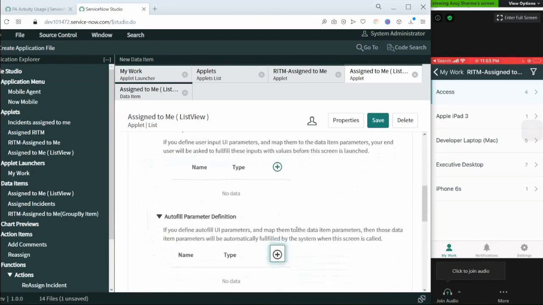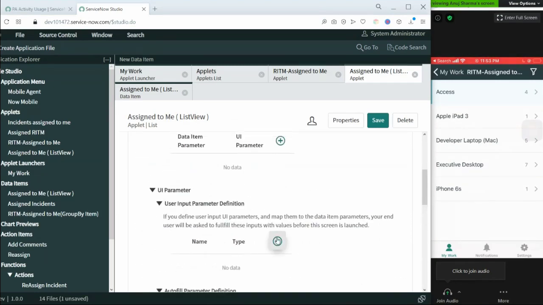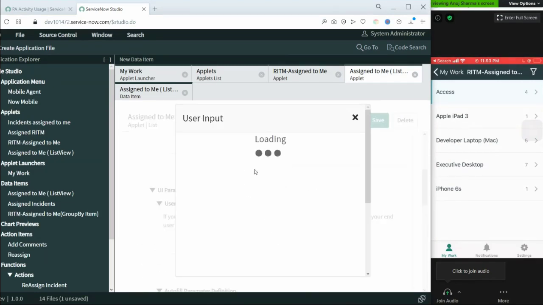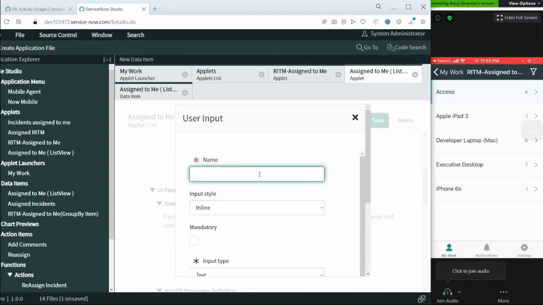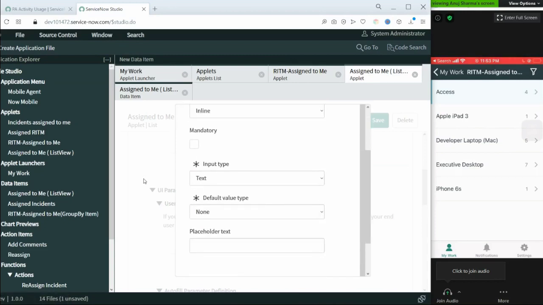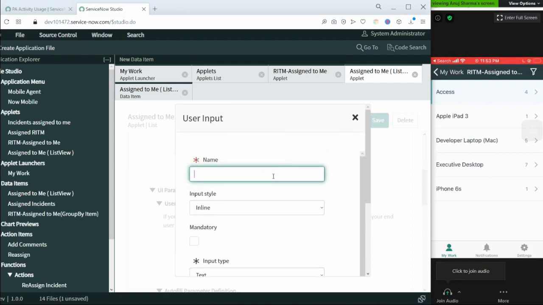One second. So let's create a UI parameter. We'll change it later on. I'll tell you why: when we do this configuration in the studio, it does not give so many options as when we do the same configuration in the platform, in the different view.